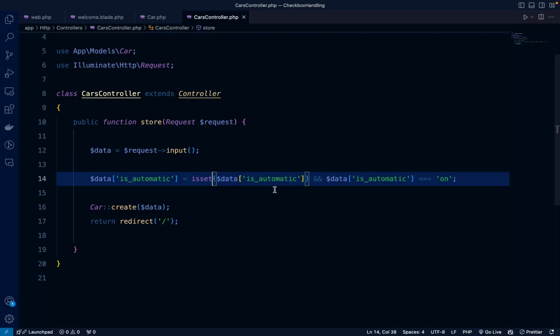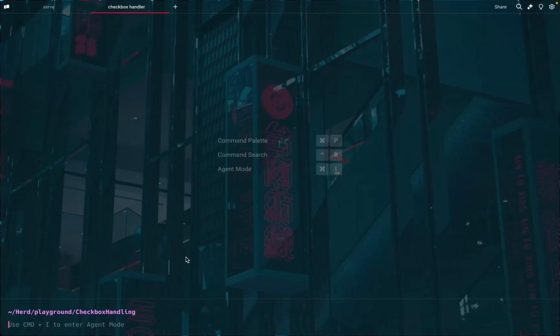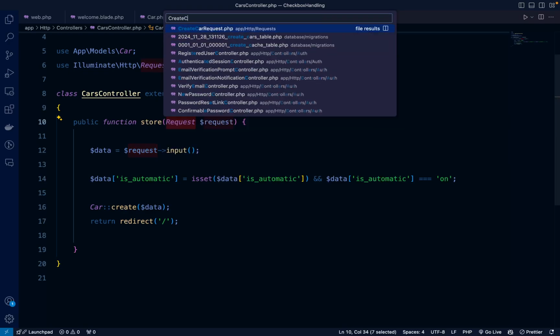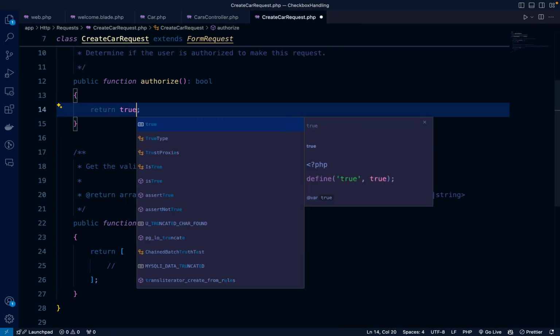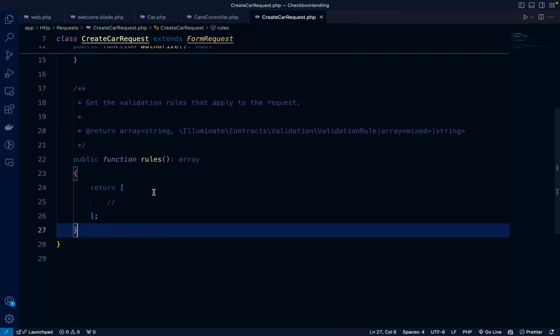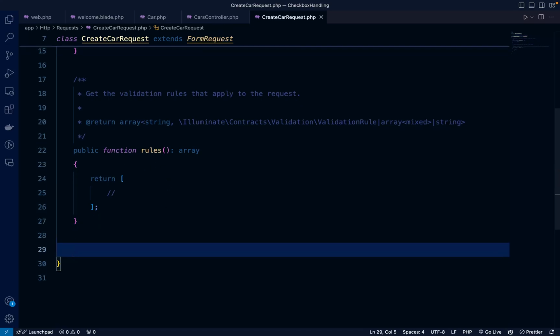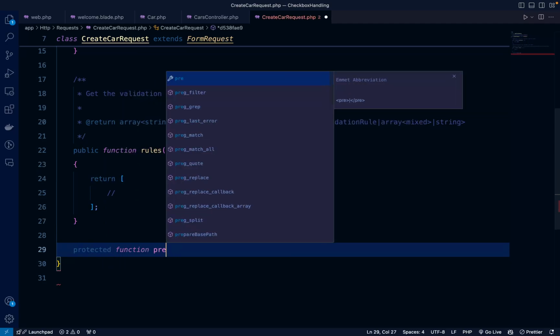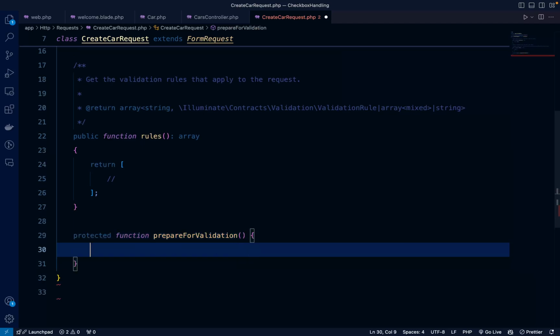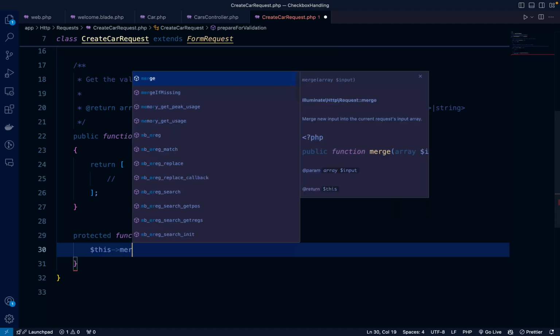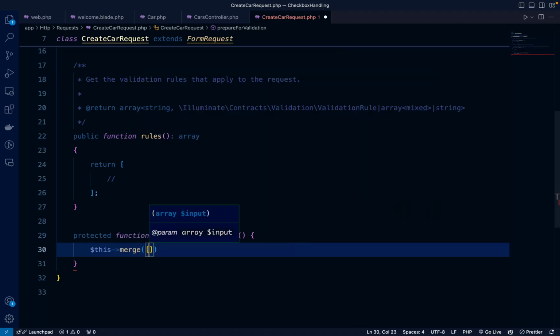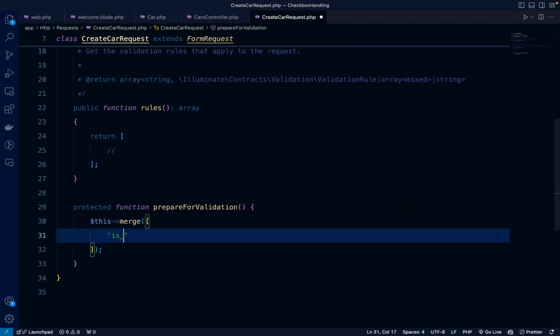Now let's see how we can improve this. What I'm going to do is create a request class for this. So let's create a new make request, CreateCarRequest, and let's go in there and first authorize, set that to true. And we can put the validation rules here, but I'm not interested in that right now. What we're going to do is override a method called prepareForValidation, and in this method we're going to do a merge. We're going to merge into the current set of inputs the is_automatic,